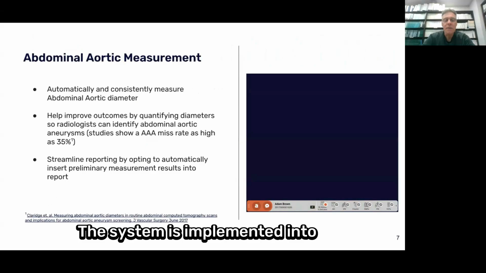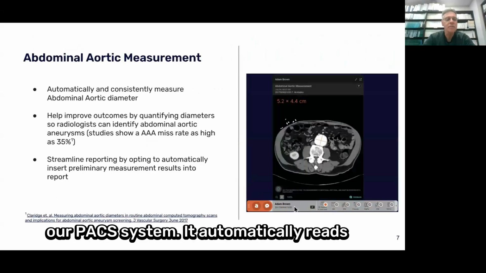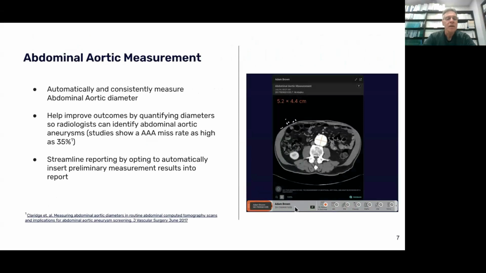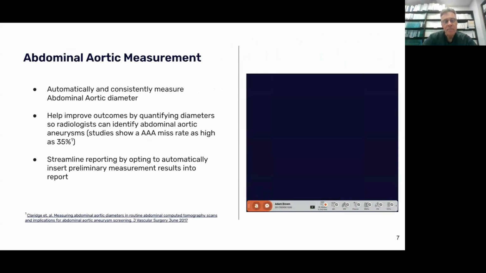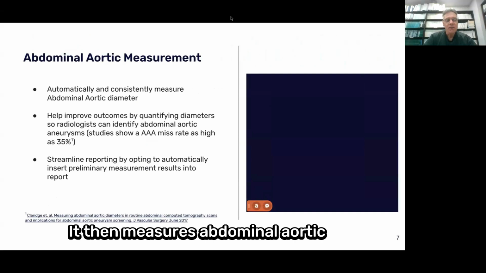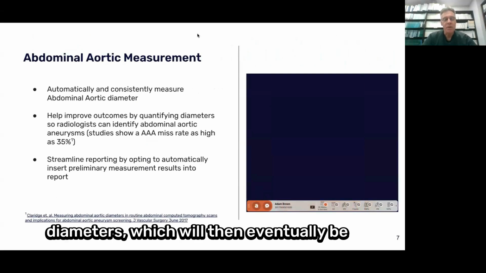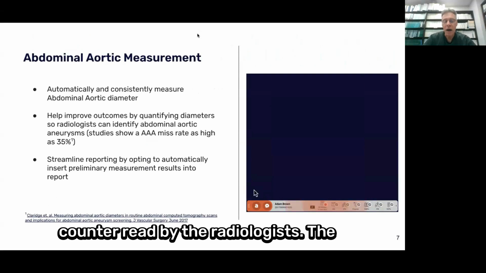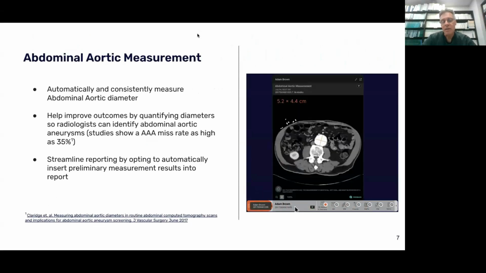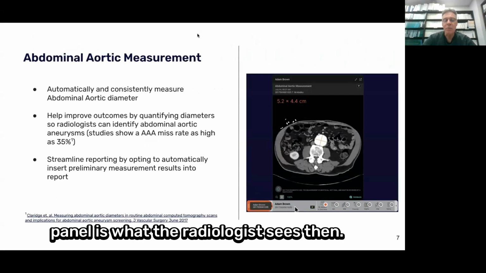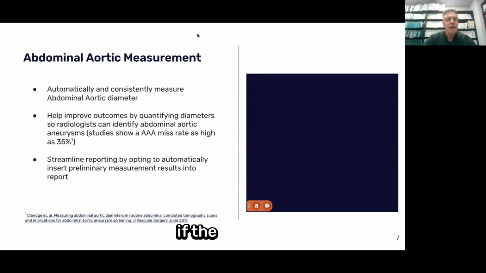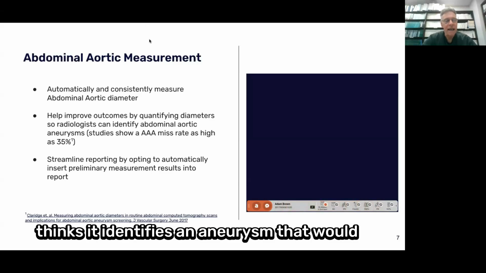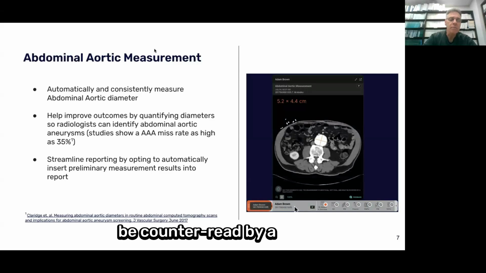The system's implemented into our PACS system. It automatically reads those scans, CT scans with contrast, and then measures abdominal aortic diameters, which will then eventually be counter-read by the radiologist. The video you see on the right side of the panel is what the radiologist sees, and they will get an alarm if the system thinks it identifies an aneurysm that will be counter-read by a